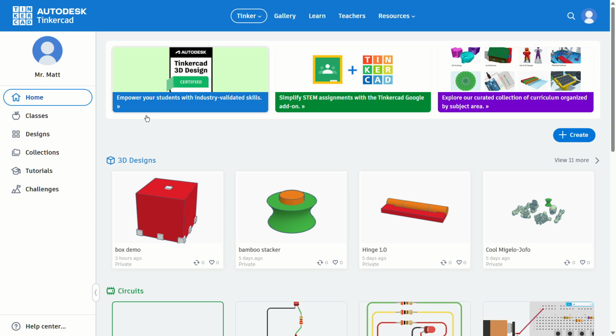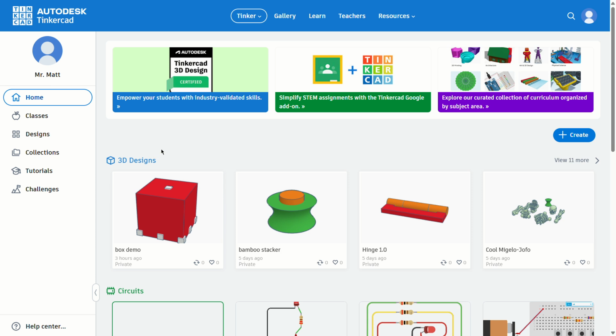software tool. Now here, first of all, you'll see your account. I have my little avatar, my little meeple there, Mr. Matt. And on the left side here, we have just a couple little options. We have home, we have classes. If you happen to be in one of my classes, you'll find that class information there. You'll have a list of your designs that you may be doing along the way, quick, easy way to get to those as well. And a couple other options here, maybe not as important for most people, but first thing